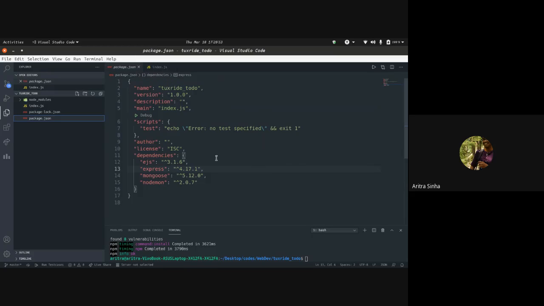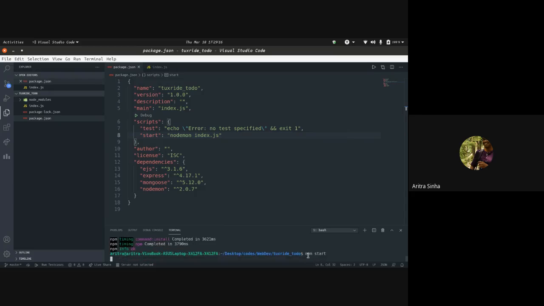Also, when you go to package.json, you can add a few scripts that will help you run the server. So let me add start and say nodemon index.js. This will basically add a command for me.